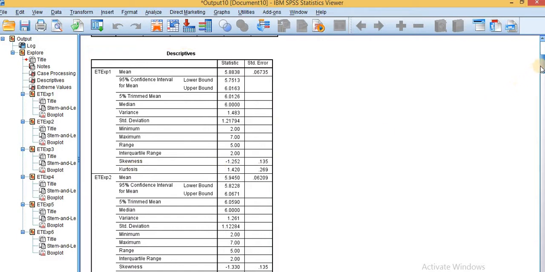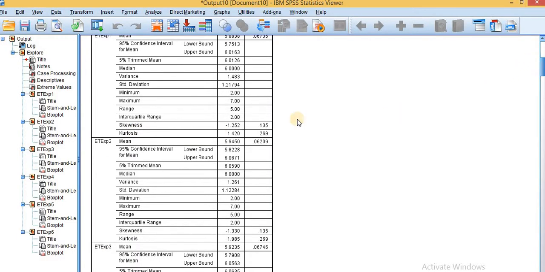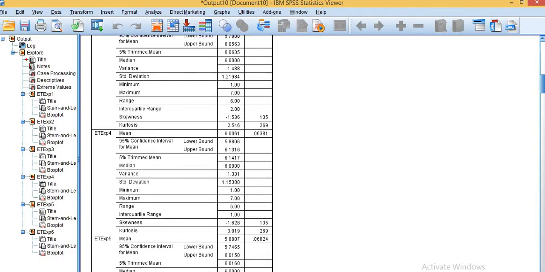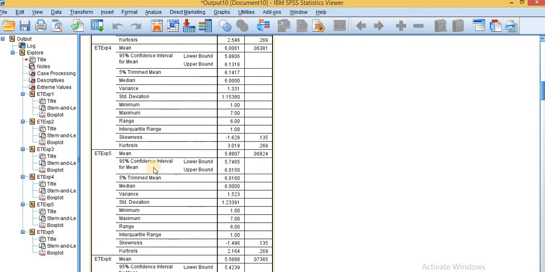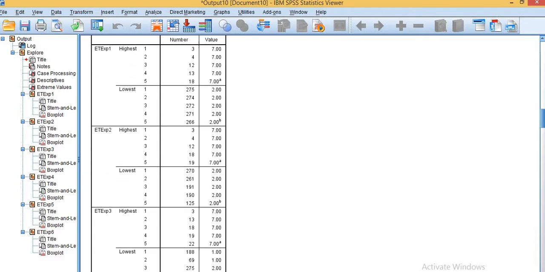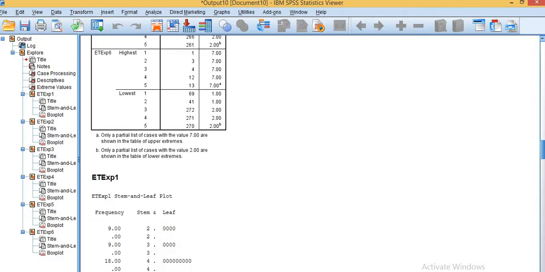So directly go towards the problem. Just like 2 of my items are showing the value of kurtosis for more than plus minus 3. So this is a value of kurtosis and its value is showing more than plus minus 3. So it means that I have some outliers in my dataset and my dataset is not normal. Look at the data outliers.